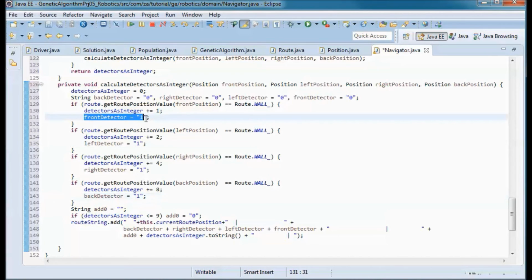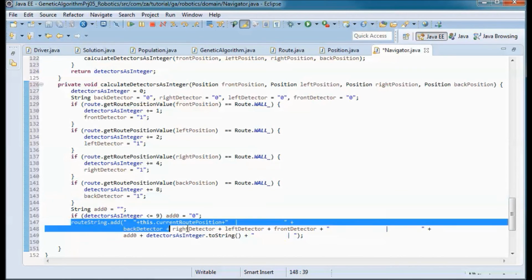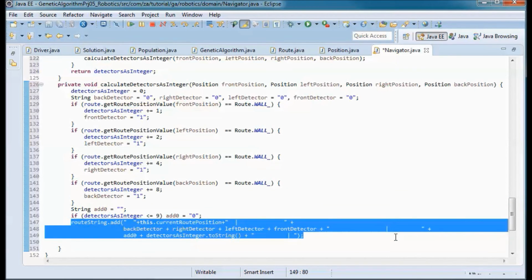And here the string here is for display purposes, and the route string.